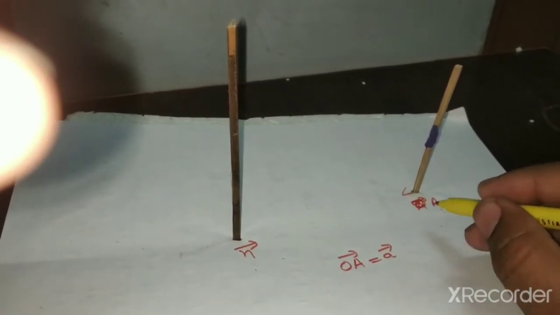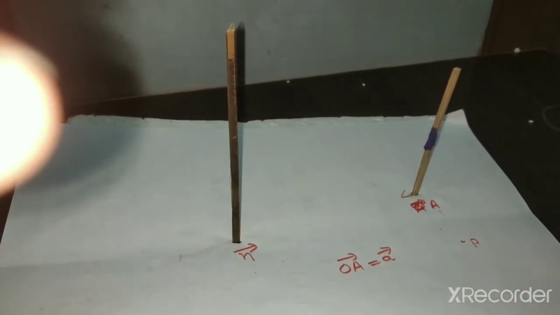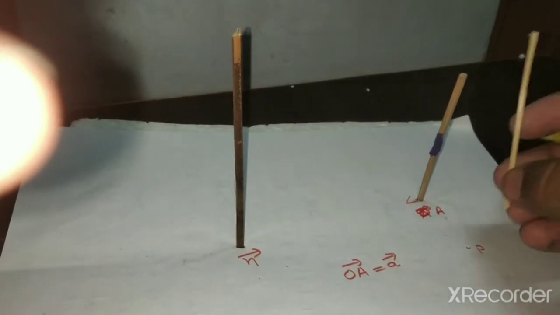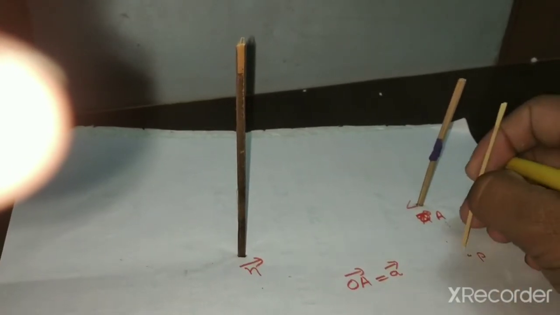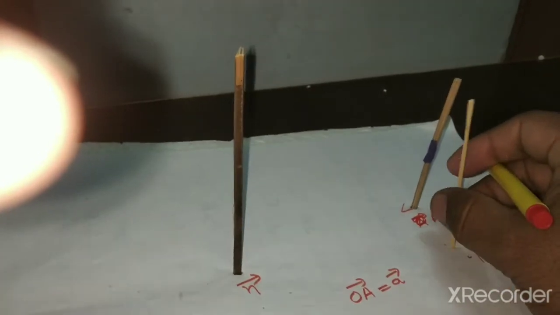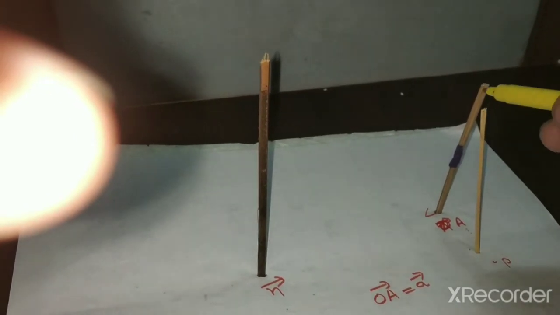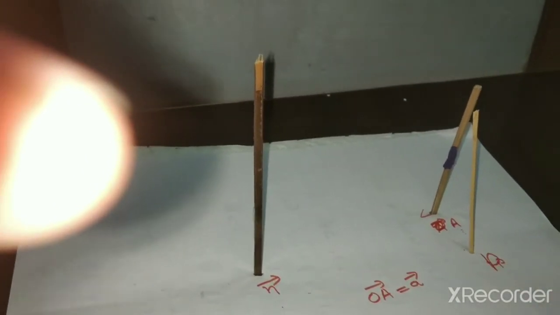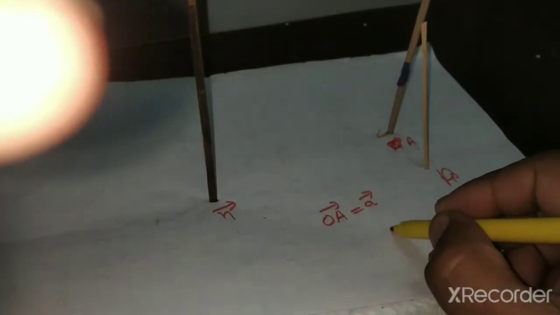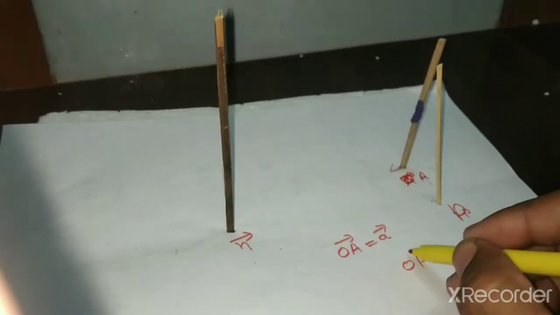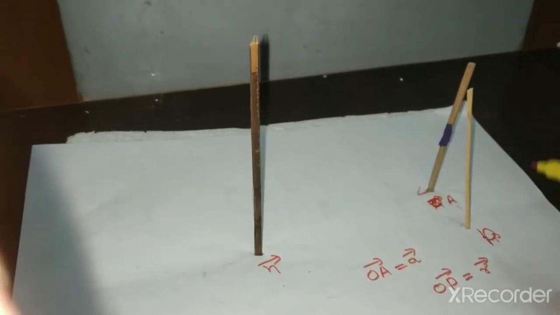This is the origin and this point is P. Now the position vector of point P is OP, that is equal to, suppose, small r, and the AP